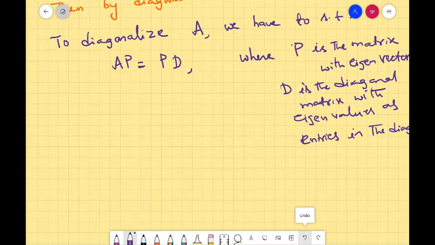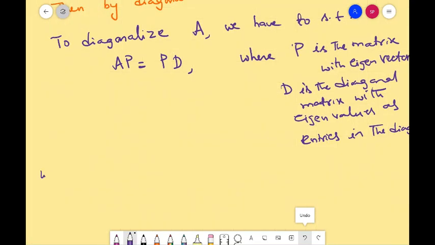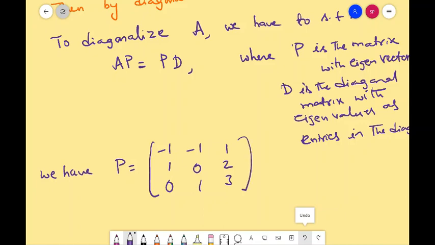So we have P is equal to, what is P we got with the vectors? P is equal to minus 1, 1, 0; minus 1, 0, 1; 1, 2, 3, and D is equal to